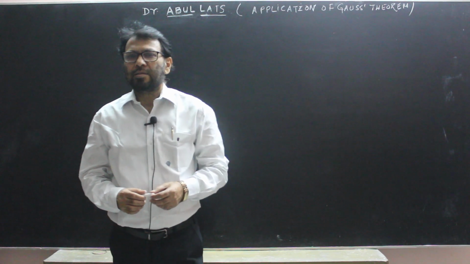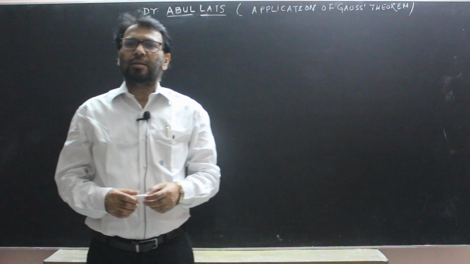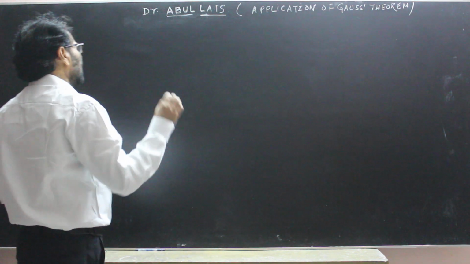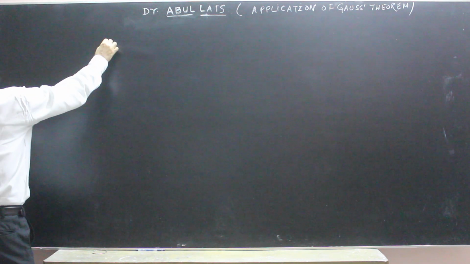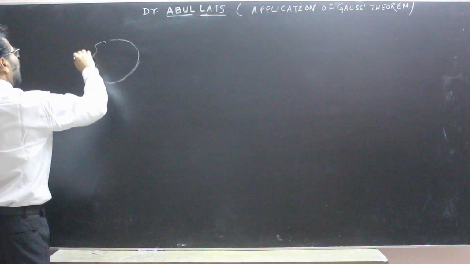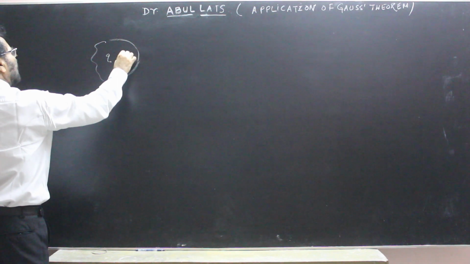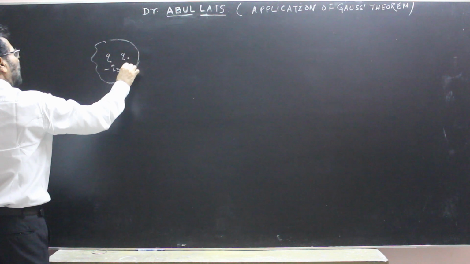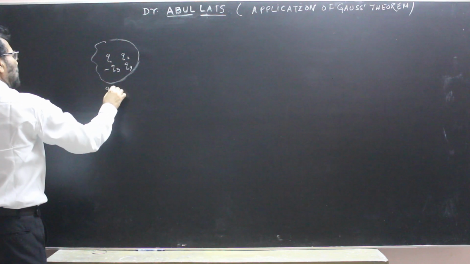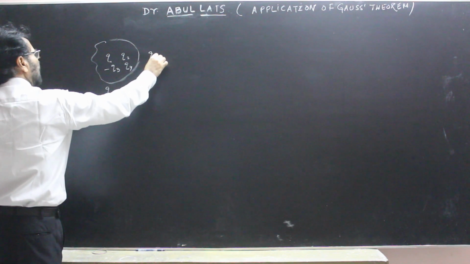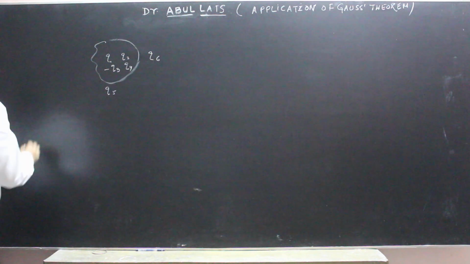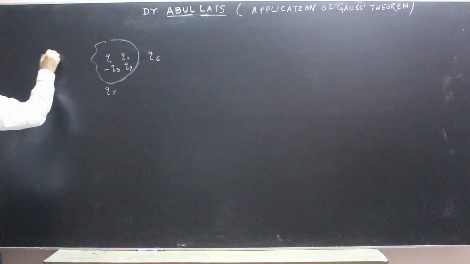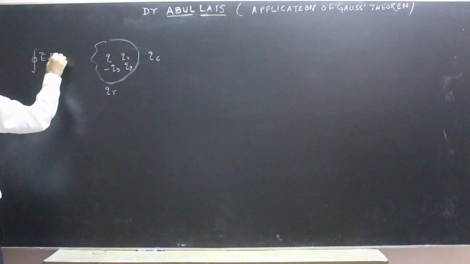तो बच्चों आज हम लोग गॉसेस थ्योरम के एप्लीकेशन पे बात करेंगे। पिछले क्लास में हम लोगों ने बताया था कि ये गॉसेस थ्योरम क्या है। तो मैंने कहा था गॉसेस थ्योरम में कि अगर ये कोई क्लोज सरफेस है और इसमें Q1, Q2, माइनस Q3, Q4 और बाहर की तरफ Q5 और Q6 ये चार्जेस हैं, तो टोटल इलेक्ट्रिक फ्लक्स का वैल्यू था E डॉट ds, ये आपके